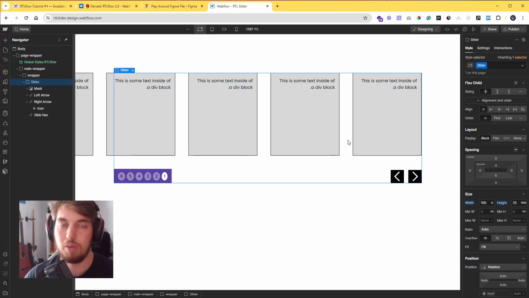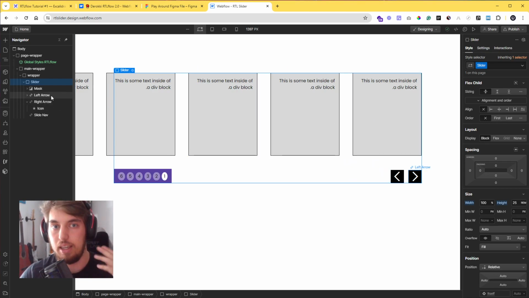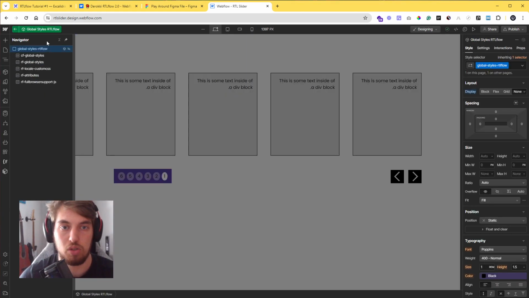This is because the Webflow slider has JavaScript which has only been built with the idea of running left to right. And so this whole slider basically doesn't work on RTL because of that. So what I've done is I've actually written a code. If you go to global stats RTLflow, you go to rf-attributes,